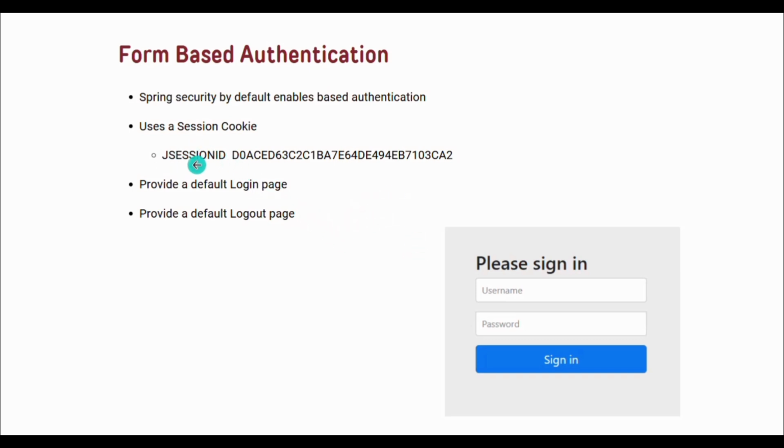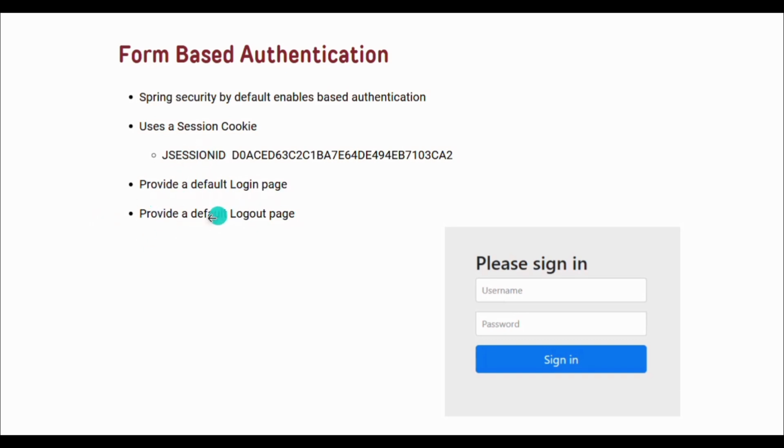It saves this JSESSIONID in the browser. Here on the screen you can see this JSESSIONID. It is stored in the browser as a cookie. And then whenever the user makes a next request, along with the request it will send this JSESSIONID in a request header. This form-based authentication we will see first.